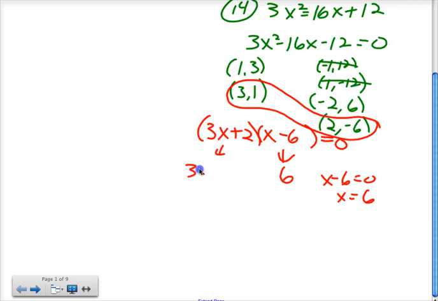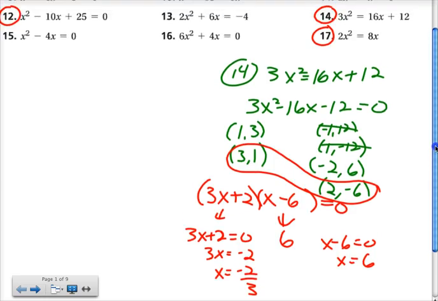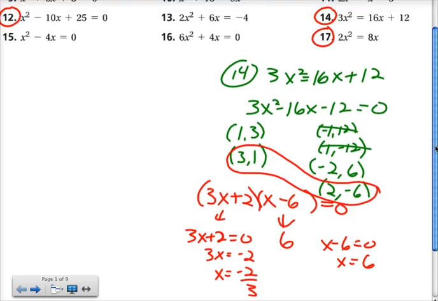This one though, you might want to just set it up, and then you'll realize, oh, I'm going to have to subtract 2, and then I'll have to divide by 3. So the other zero for that one would be at negative 2/3. A little bit more work to finding that one than there is for the 6. But they're both the zeros, so we need to find them both. Then number 17,